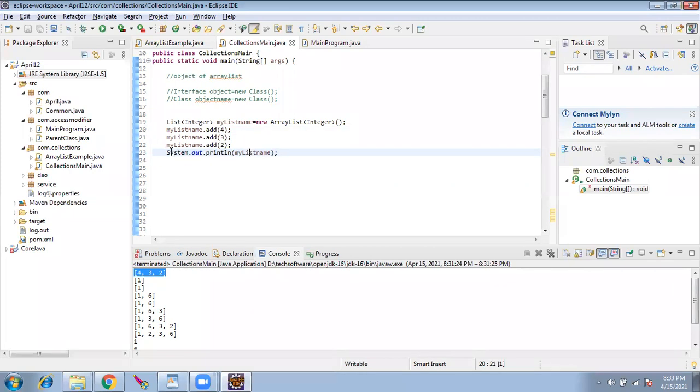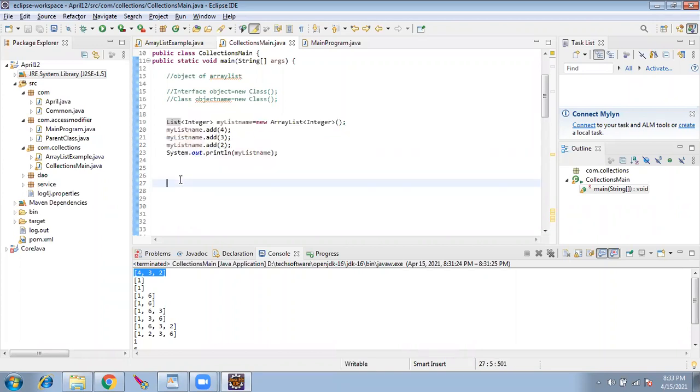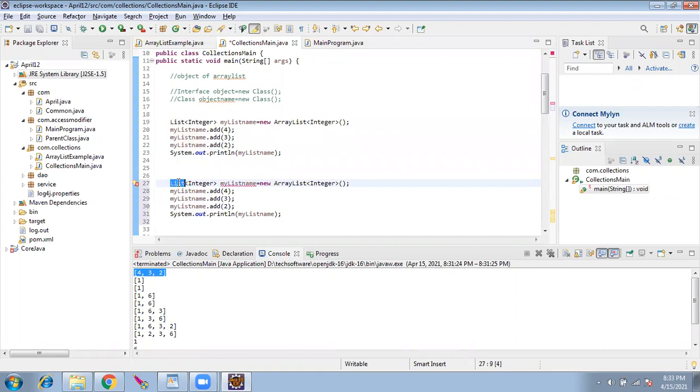Now, since we see that array list, I want to show one more. Same like the list interface, I said we have a set interface. Now the same logic I'll copy, I'll paste it, and instead of list interface, I will use the set interface.